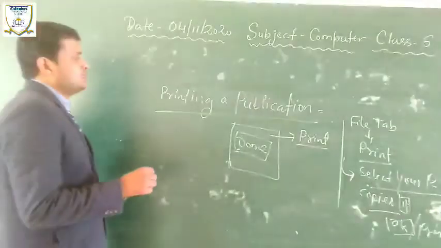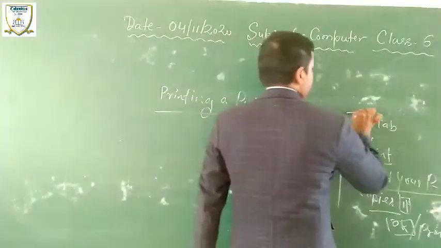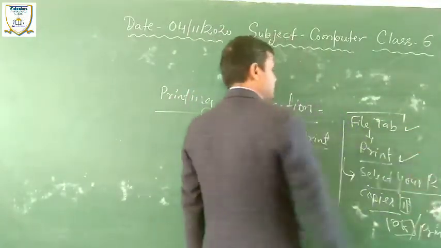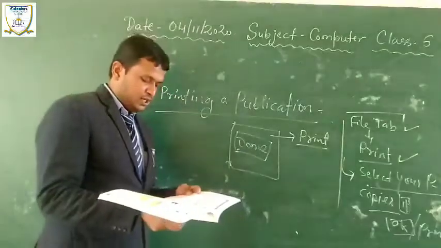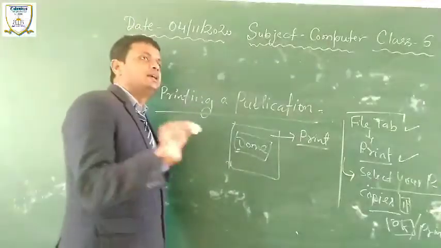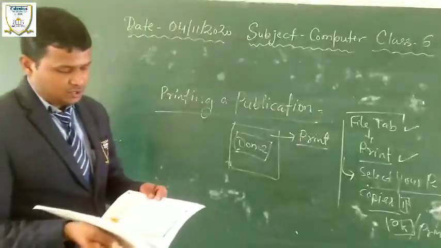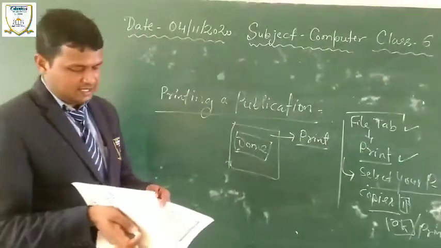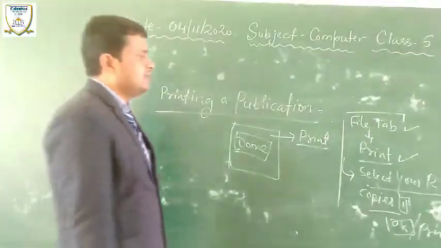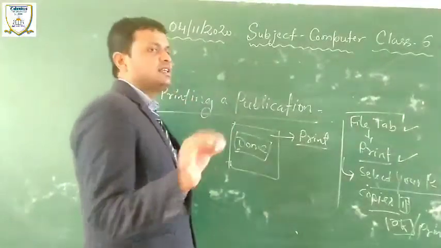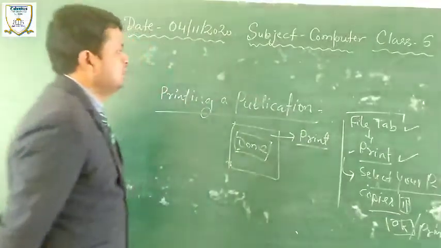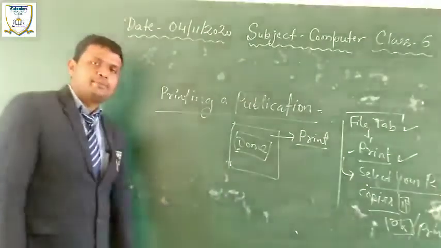Now the feature is this, the printing feature. Everyone understand the printing feature. File tab पर पहले जाना है, then print option पे जाना है. After that, make sure the printer is connected to the computer. पहले वो देख लें कि आपके कंप्यूटर से वो प्रिंटर कनेक्ट है कि नहीं. Then go under the settings and select the page size, page range, and format the printable sheets. After all these print settings, click on the print option. Automatically your publication is printed.